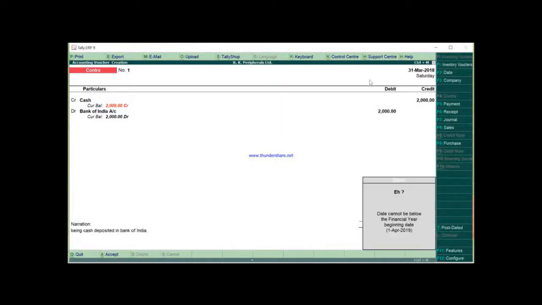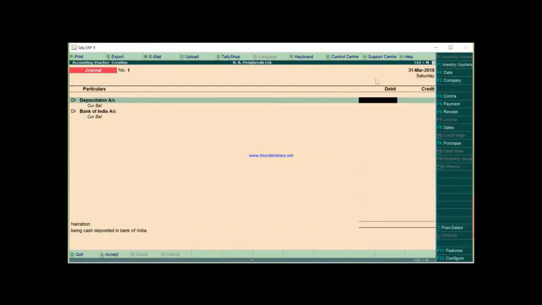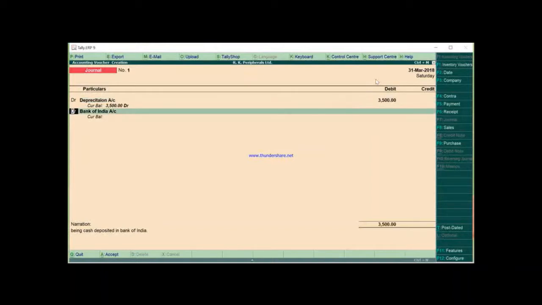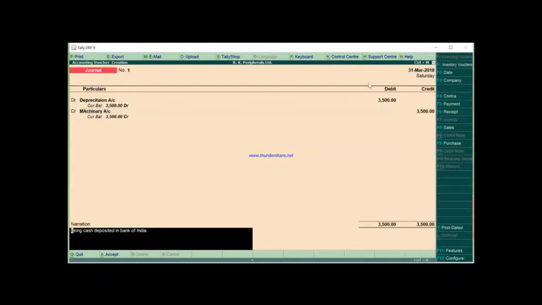Okay, and now the last entry is depreciation on machinery. For this we will select journal voucher. Here depreciation account is debited of rupees 3,500 and the credited account is machinery account, 3,500.